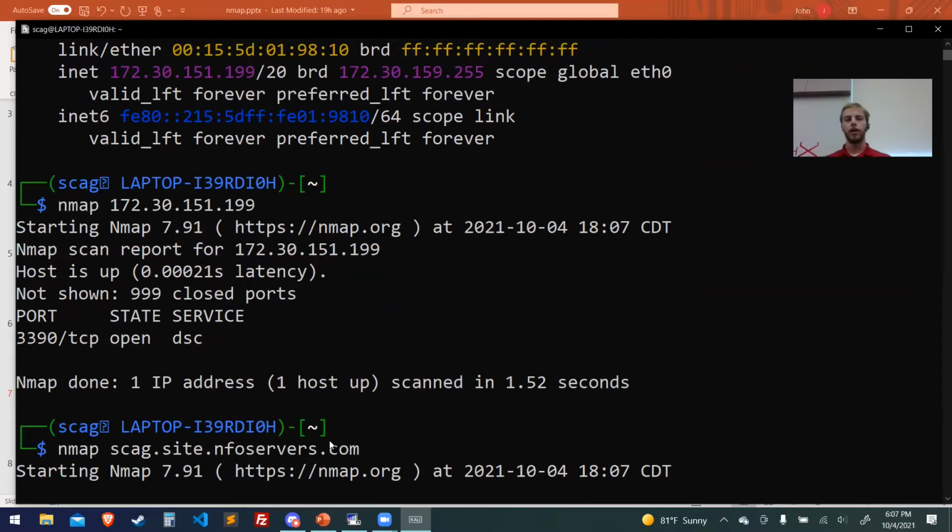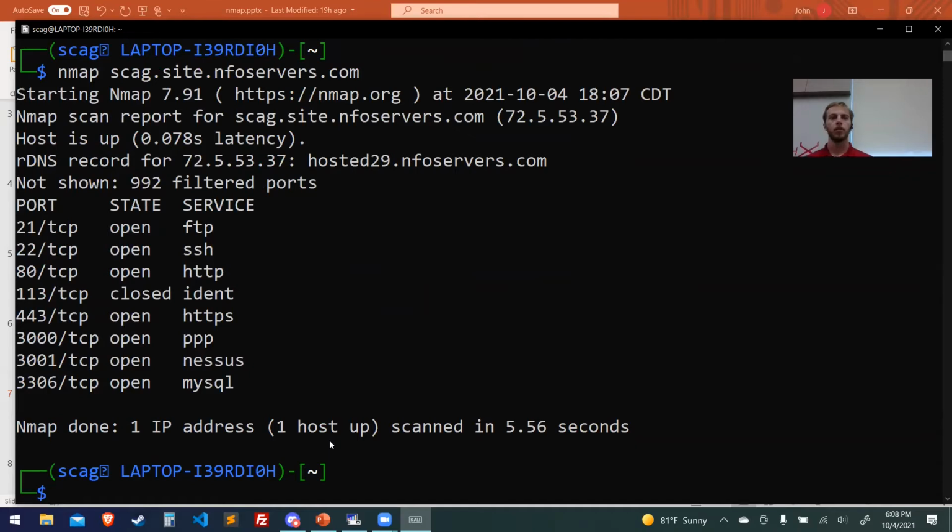So I'm gonna do that. And I have a lot more things on my web host. You're free to nmap that whenever you want to. I don't think they'll be upset, but it has a lot more ports open, a lot more services open, you can see. And what we can see right here is port 21, FTP, 22, SSH, HTTP, identification. That is, when you're logged in through SSH and you try to log in, it figures out who you are, I think. Something like that.